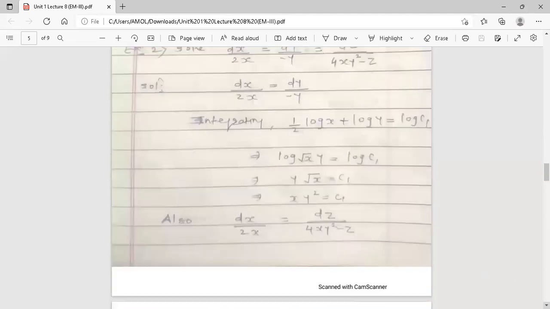x y square is equal to c, or c1 dash, you will get again a new constant. c1 square is again a new constant. After squaring, suppose the previous one is c1 dash, then you will get a new constant c1 here. If the previous one is c1, then you give a new name, c1 dash, to the new constant. Because it is an arbitrary constant, you can write any letter here,